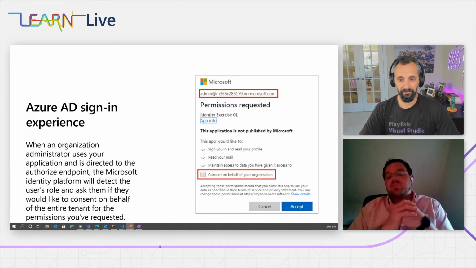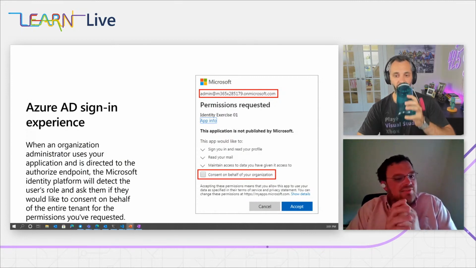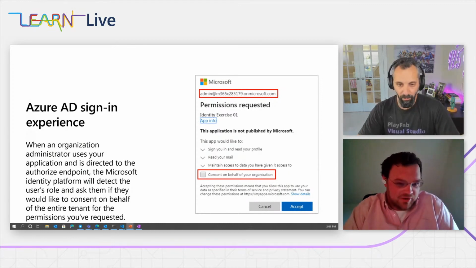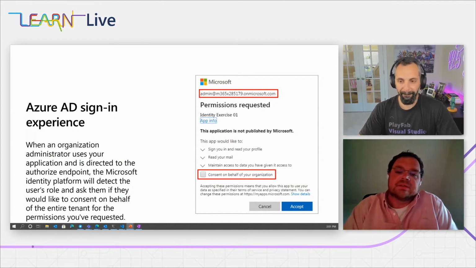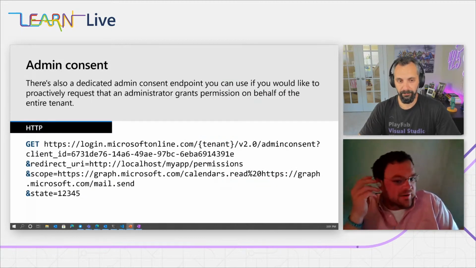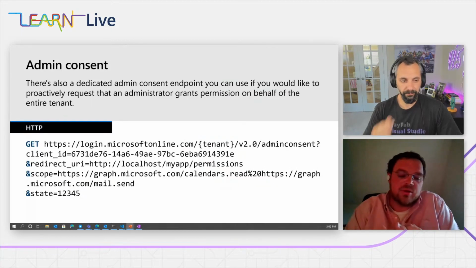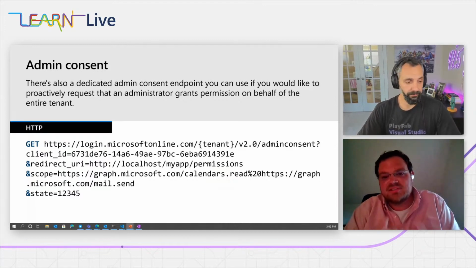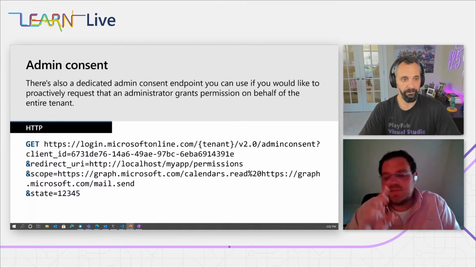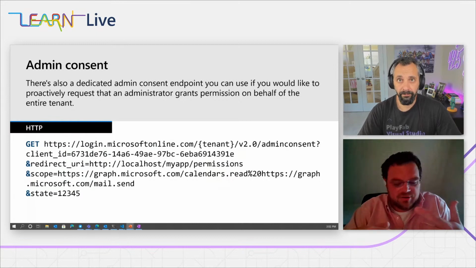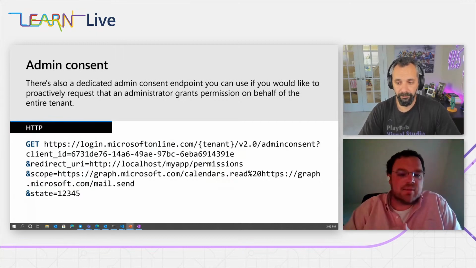If you're building software, however, you may not necessarily want the first user through, like say you're a SaaS vendor building our expenses app as we talked about, you may not want the first user through to be the one that goes and does that work. And so instead, we have what's called a dedicated admin consent endpoint. This admin consent endpoint is essentially a URL that you as the SaaS developer would send an administrator over to. So maybe an administrator clicks a button, or as part of your onboarding process or part of your sign-up process, maybe they click a button that says, hey,